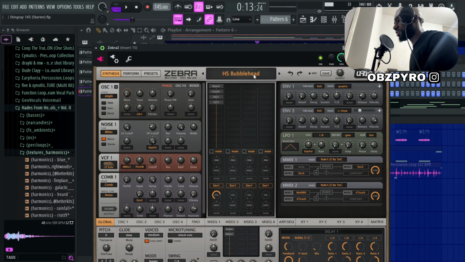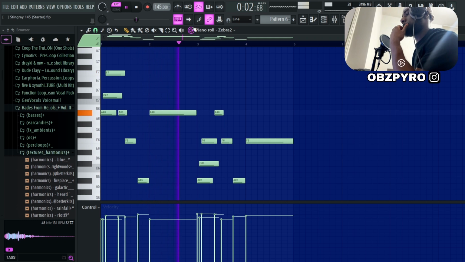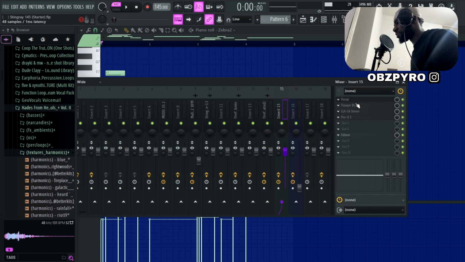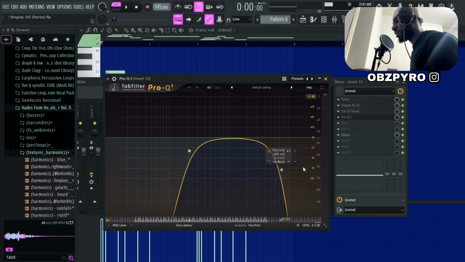The next sound I used was this lead from Zebra 2. I really like this VST. It's very straightforward and simple, a very good synthesizer, and here's what I played. The effects I used on this were Portal just to give it some texture, the flanger on the default preset, CLA-2A, and I cut off some of the highs and the